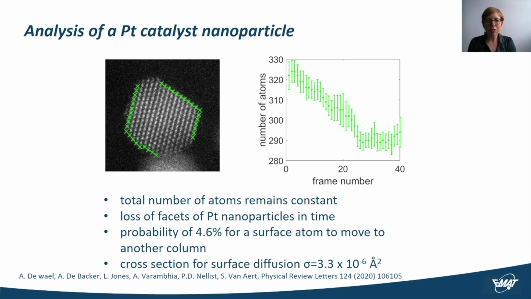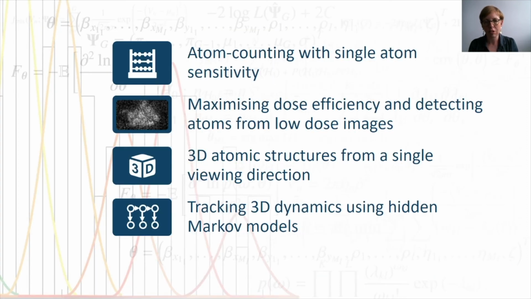From these atom counts, we see that while the total number of atoms remains constant, the nanoparticle loses its faceted structure under the electron beam. And from the transition probabilities, we estimate a probability of 4.6% for a surface atom to move to another column. And when taking into account the electron dose, an experimental value for the average cross-section for surface diffusion could be measured. And with this last example, I come to the conclusions of my talk,